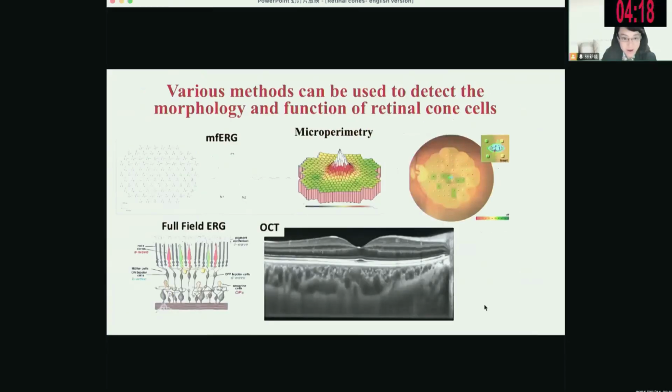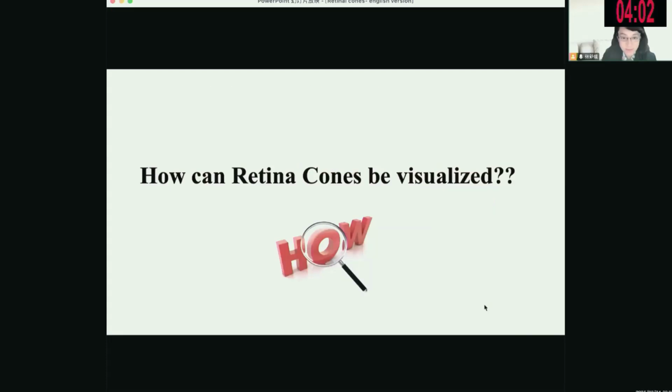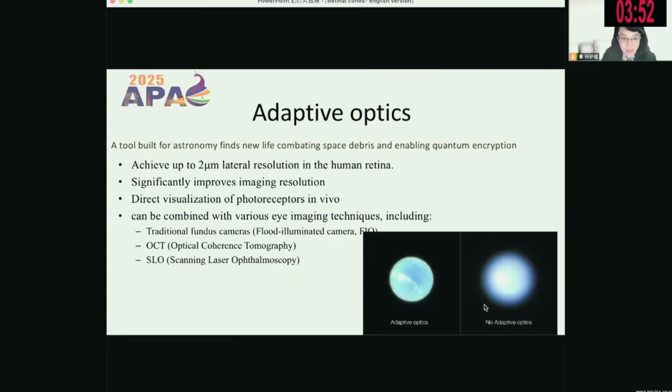In clinic, various examination tools such as multifocal ERG, microperimetry, full-field ERG, as well as OCT can be used to detect the morphology and the dysfunction of human retinal cones. Although we have a variety of powerful clinical diagnostic methods, real-time visualization of retinal cones has not yet been fully realized in clinical practice. Adaptive optics is a tool initially built for astronomy,